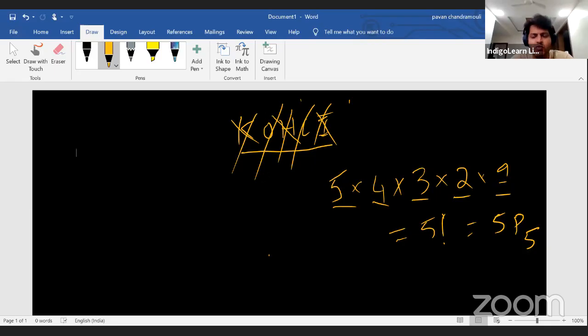Now some people ask me, sir, what if the word that you have chosen has alphabets which are repeating? Very good, that is a doubt that I always had. Let us use my name itself. My name is Pavan. I am also having 5 letters in my first name. So if someone asks me, how many different words can you form using the letters of the word Pavan? Again 5-letter. Now the question is similar to Kohli. I can also say that the answer is 5 factorial, but immediately you will start questioning me, sir, don't you think you are wrong?